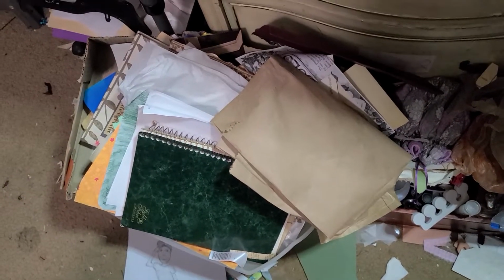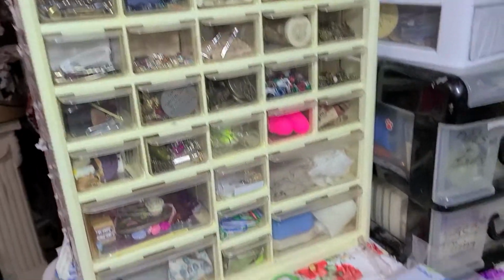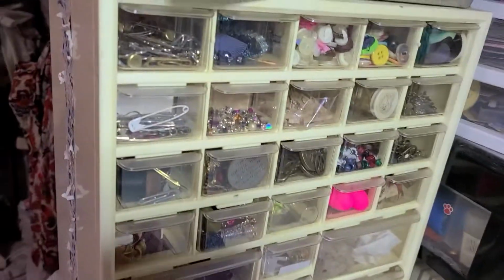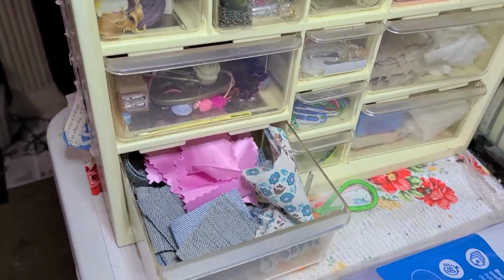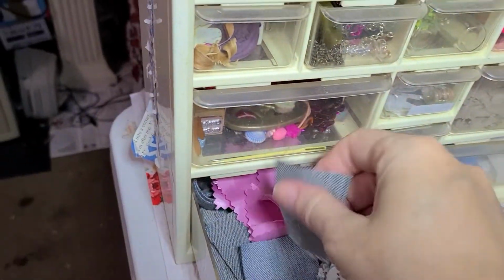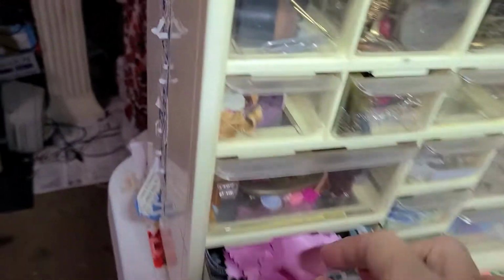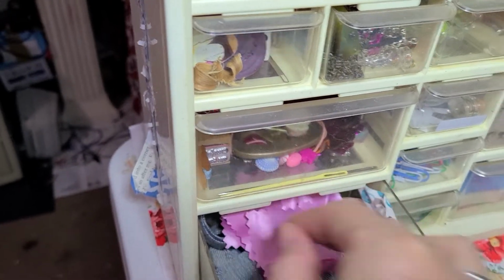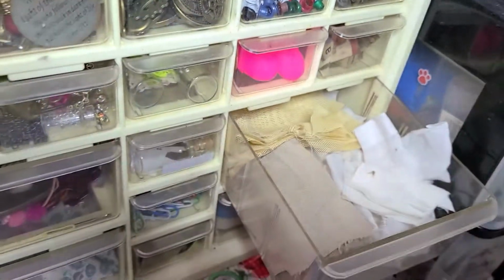The floor and in a container here, but everything's nice in here. I took out some stamps that I had in these bottom drawers and put in some little swatches of fabric. Let's see if I can show y'all. I have these very soft pieces of denim and some little pink satin, and then over here I have some